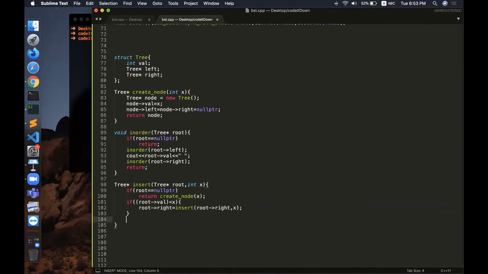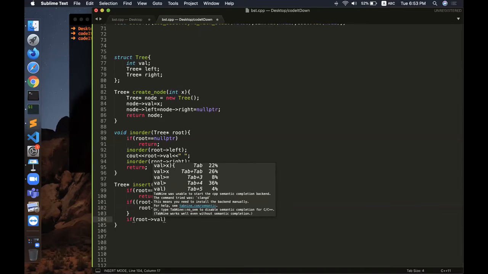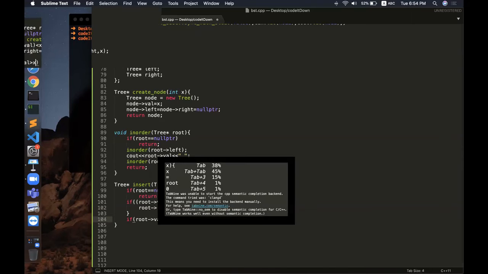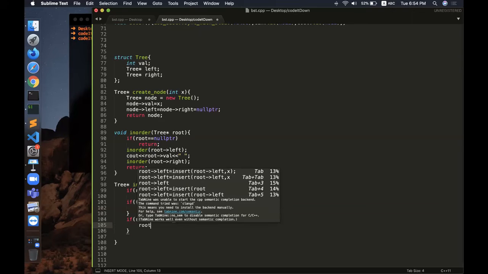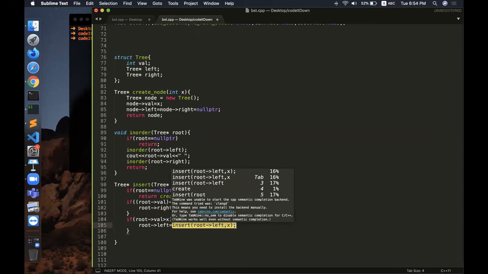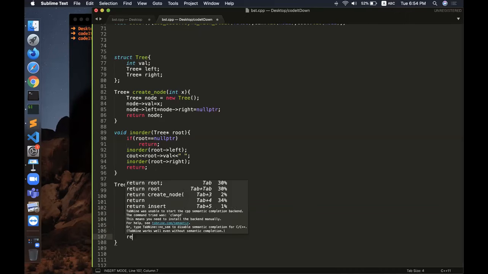Else, if the root value is greater than x, I mean x is lesser than the value at the root, then I need to go to the left subtree and just update it. And then I am going to return the root.